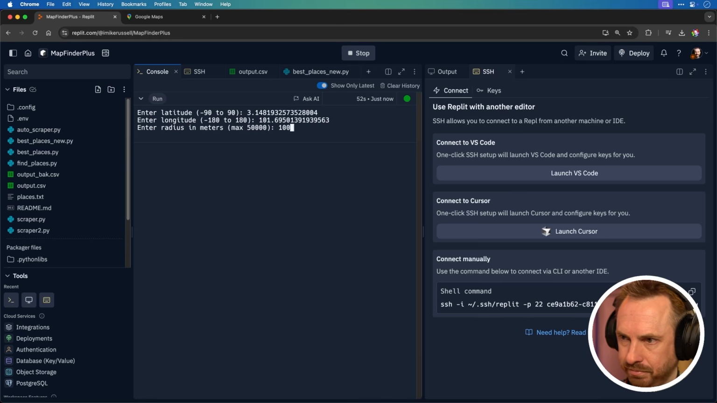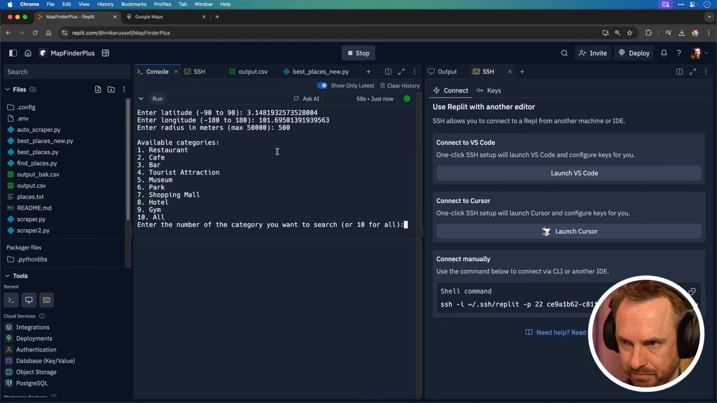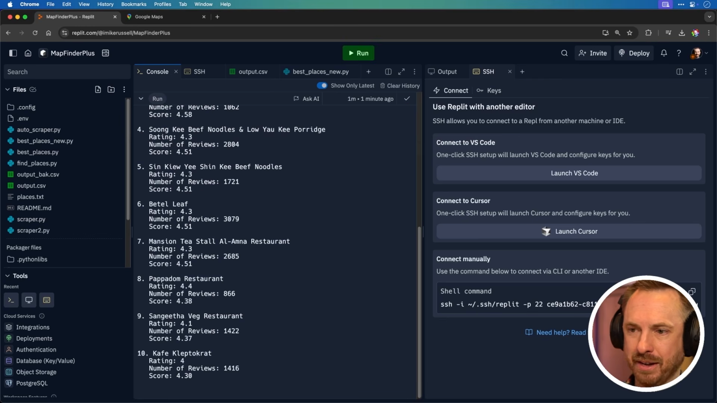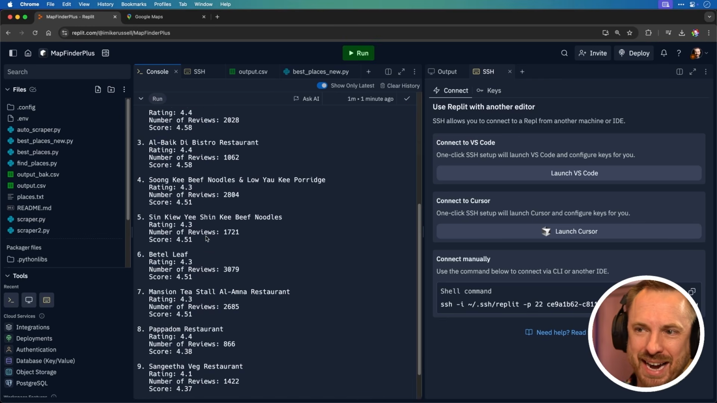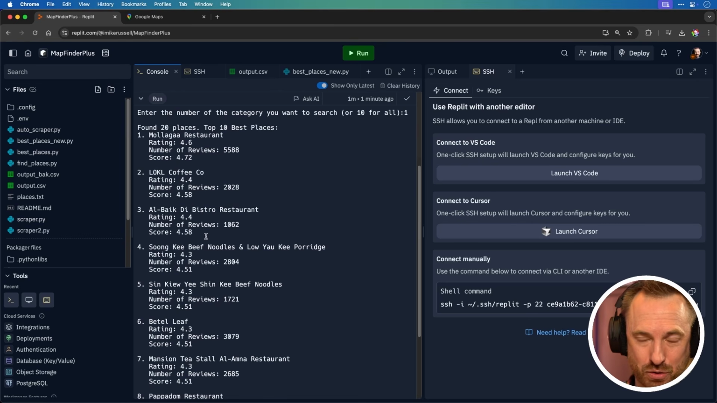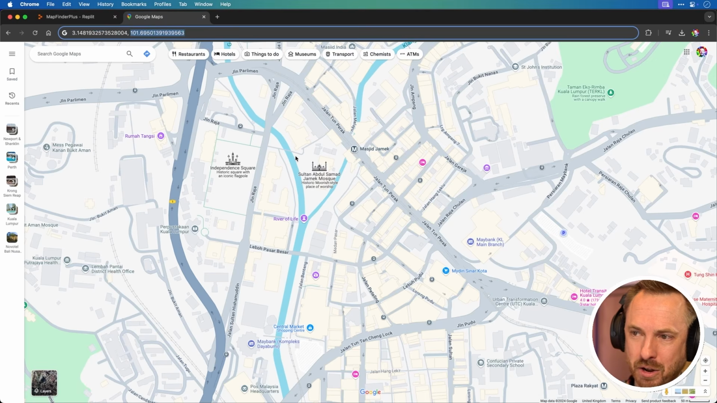Let's do just in the radius of 100 meters or a kilometer. Let's make it half a kilometer, 500 meters. Oh, what do I want within 500 meters of central Kuala Lumpur? Find me good restaurants, number 1. Look at that. That's so cool. And it's literally found me the best restaurants in that specific area of Kuala Lumpur within half a kilometer of